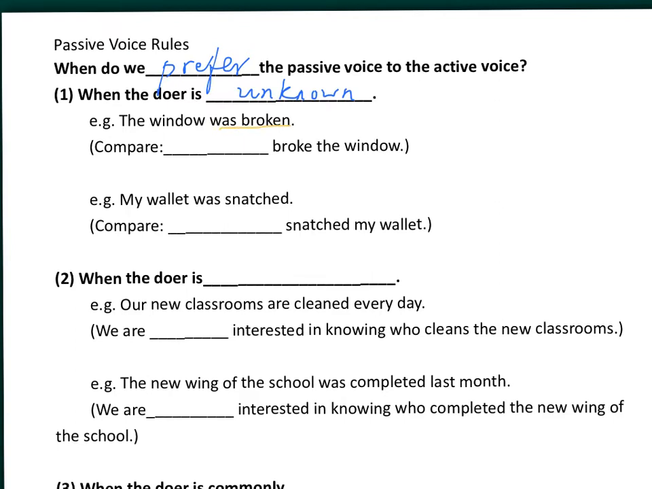was broken 呢個動作發生咗喺個窗上，但係邊個做嘅呢？如果咁講，someone broke the window，咁講咗等於冇講啦。咁我哋中意用 passive voice 好過啦。或者 my wallet was snatched，個銀包俾人搶咗咯。又或者講 someone snatched my wallet，亦都係等於講咗冇講一樣。不如用 passive voice 好過啦。Number 2，when the doer is unimportant，就係話講嗰個做嘅動作嘅人呢，係唔需要提嘅，因為都唔係咁重要啦。譬如話 Our new classrooms are cleaned every day。呢度嘅我哋係並唔會緊張邊個清潔間課室㗎。We are not interested in